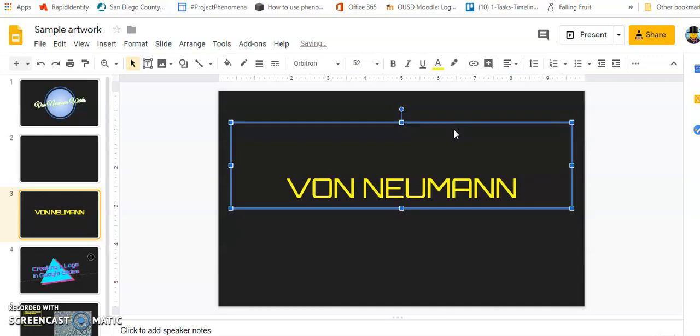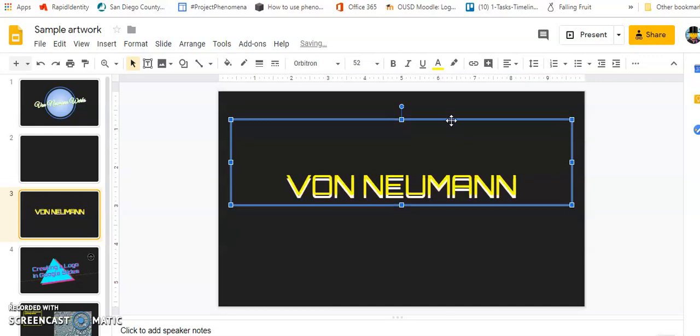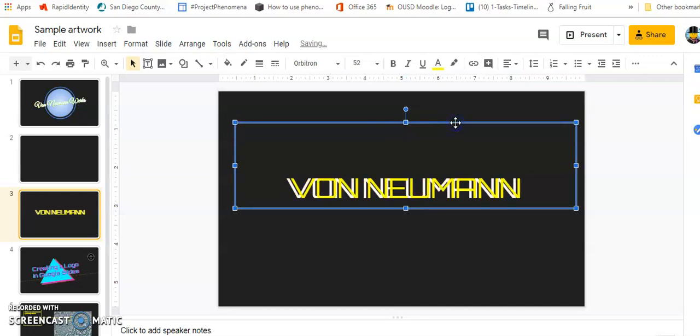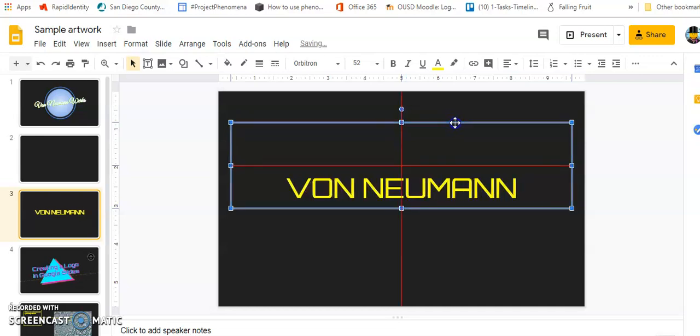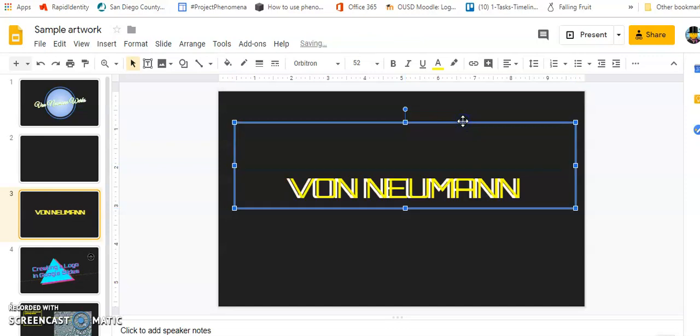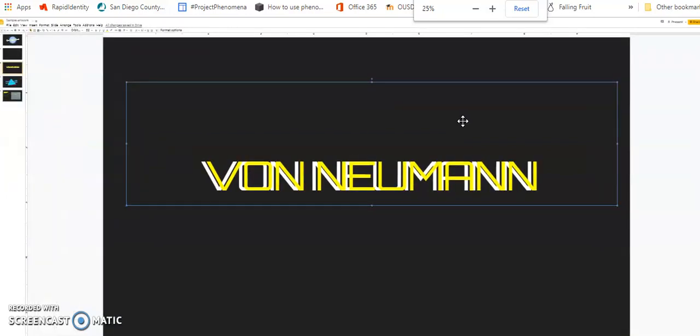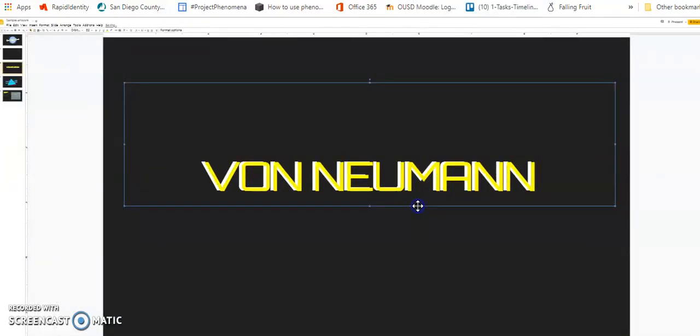Now, for finer manipulation of that box, you can left click and drag to move it around. You might find that it's even easier to do if you zoom in. So if you do Control minus minus minus and you make the screen bigger, you can get a little bit better drag when you try to drag it. That's one trick. Another trick,